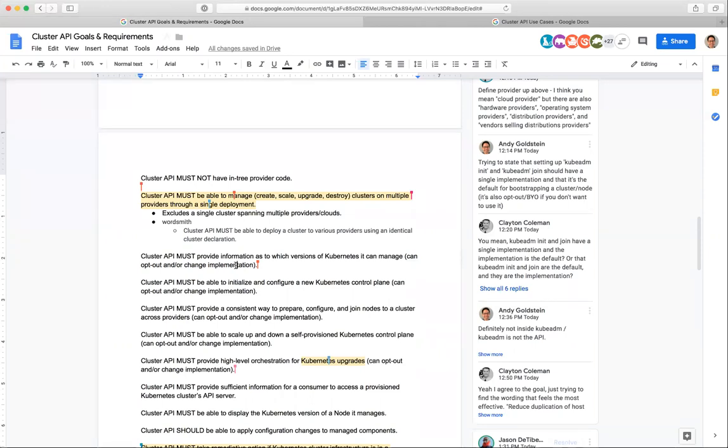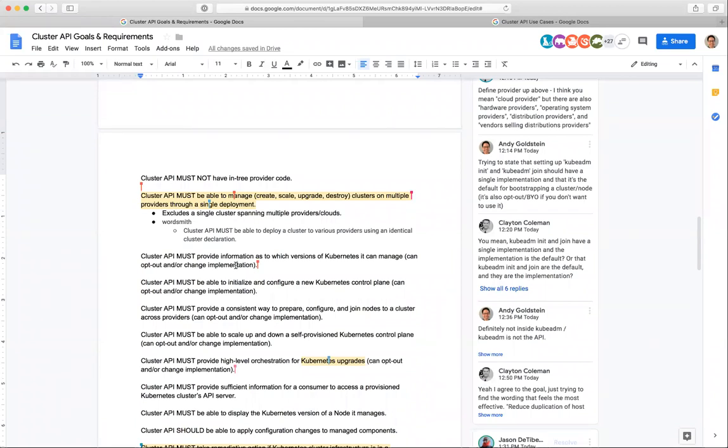So I think the reason why we added must there was that for using vanilla upstream Cluster API, this would be a required feature. But for vendors and other tooling that is looking to leverage Cluster API, say like Kops, Kubicorn, OpenShift, or some other type of productized version, they could choose to opt out and or modify the implementation. I don't see it as a big deal to comply with this. If we agree a CRD, I'm sure everyone would happily fill it out. I just worry that it's...